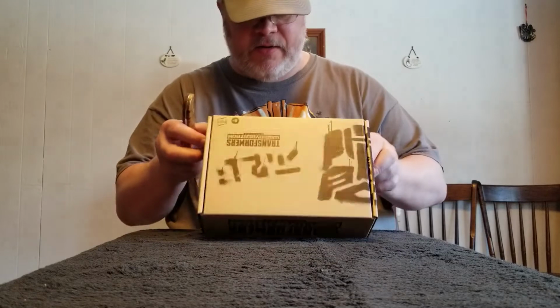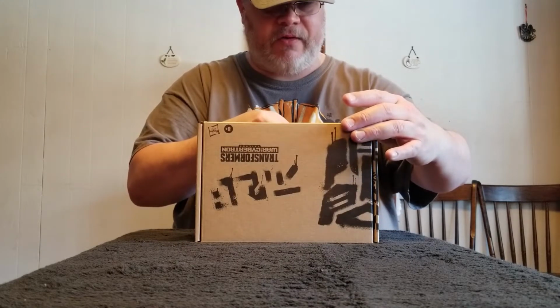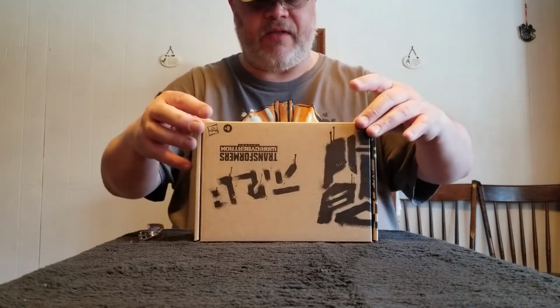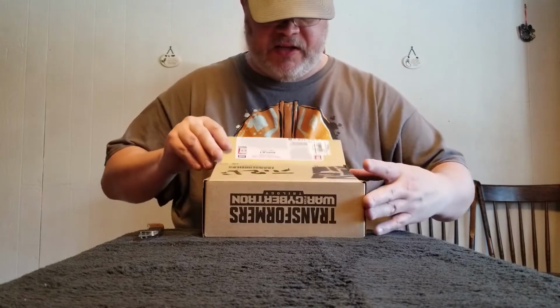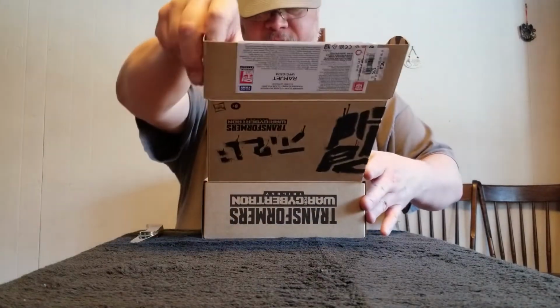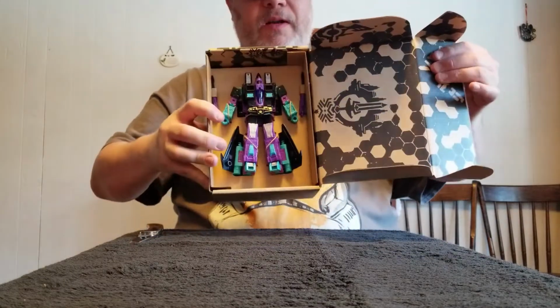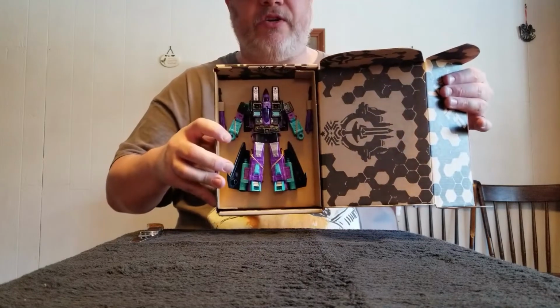So this retails for just a penny shy of $30, and I picked it up for 20% off. That knocked off $6, but with the tax and everything, I pretty much ended up spending about $27. And I'm assuming that inside this box, oh, okay, it's not really what I was expecting. I was expecting another package, but this is what we have inside, and it looks like your pretty standard Generations